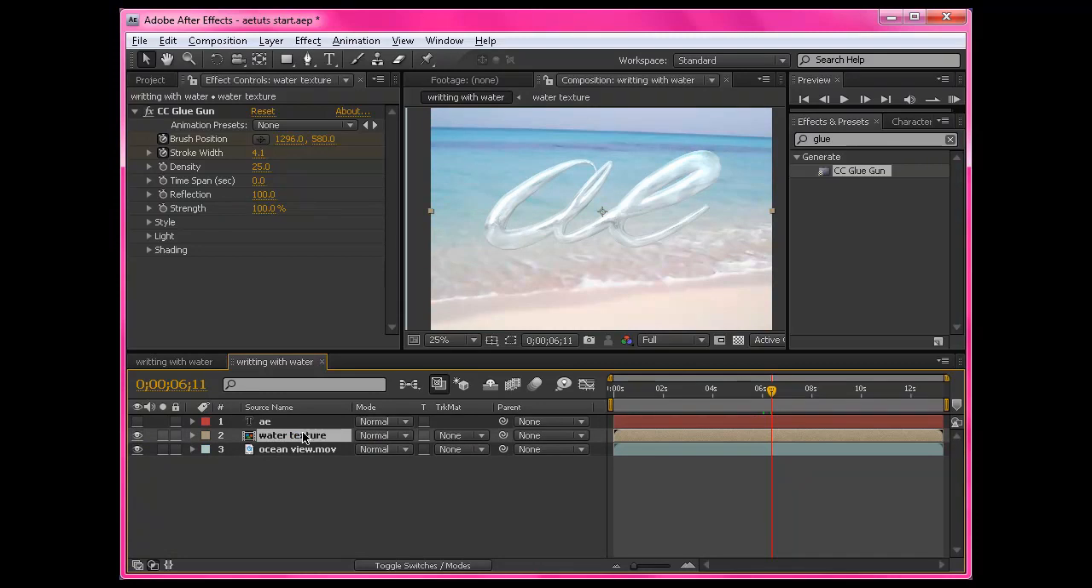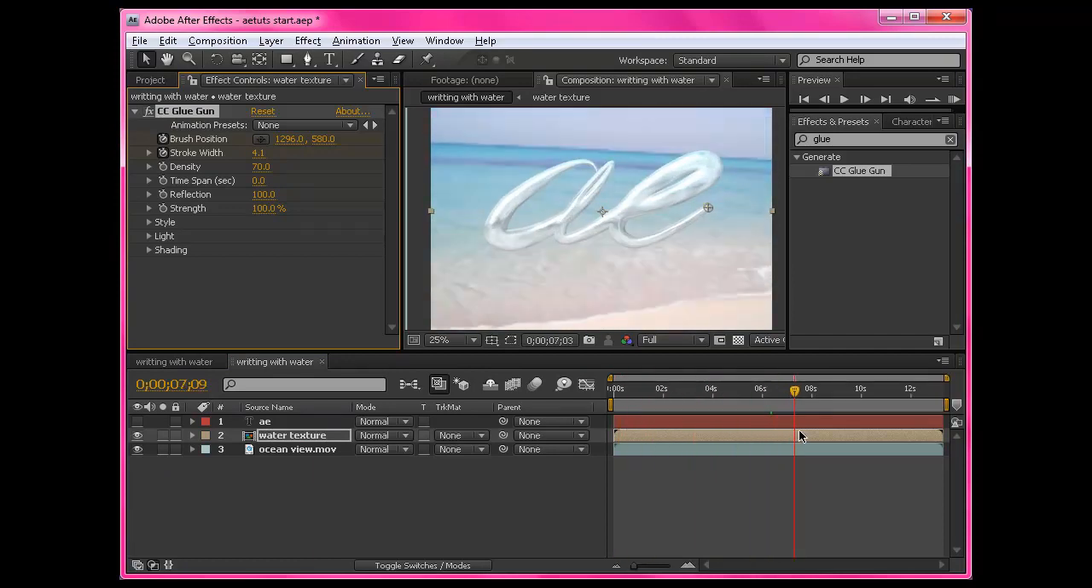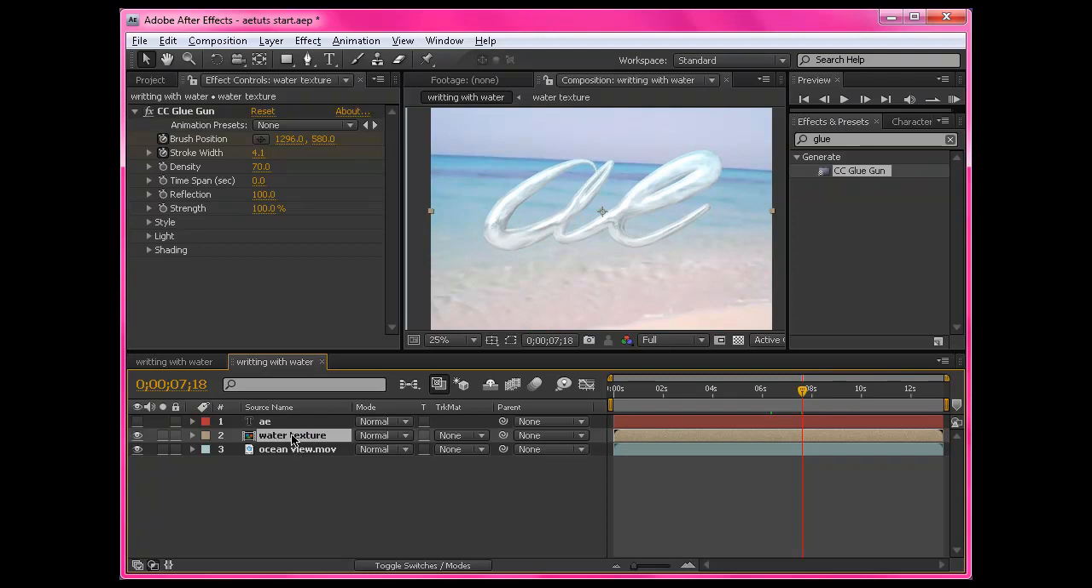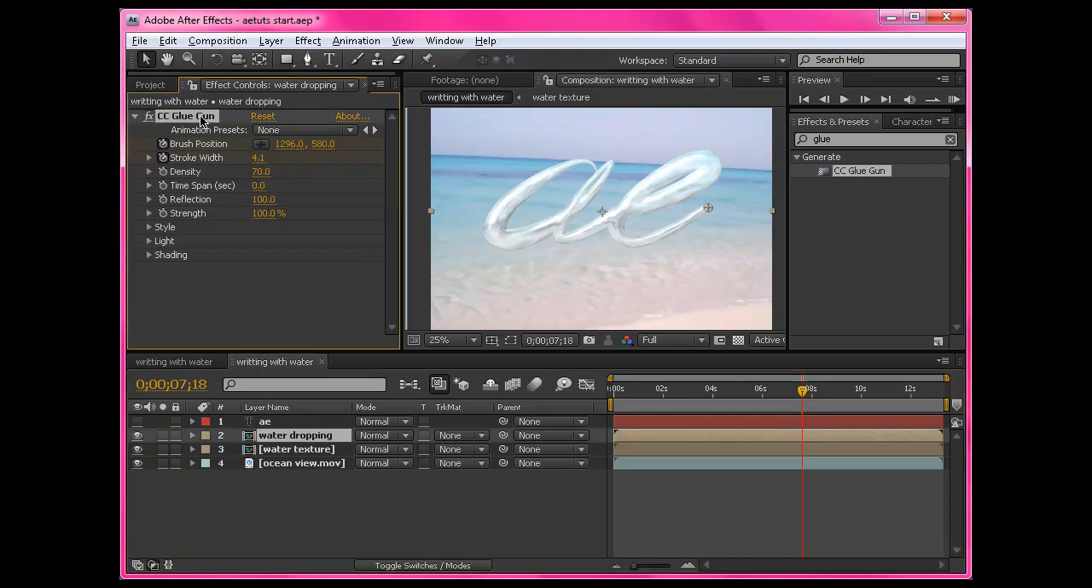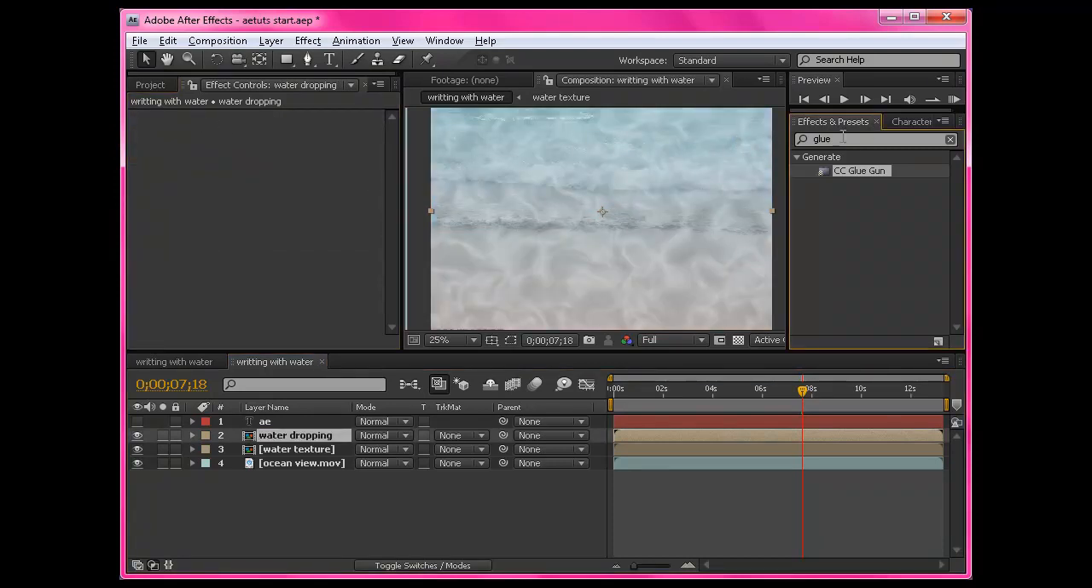The second step is to make the water, and I think the density will be 70. Okay, to fill any space between the brush, and that will be good. In the next step, we'll take the water texture and press Ctrl D or Command D to duplicate it, and this one will be the water dropping. Okay, and let's delete the glue gun and put Mr. Mercury